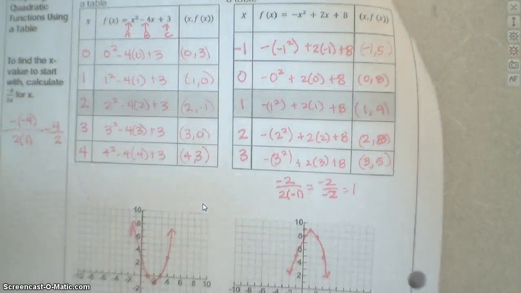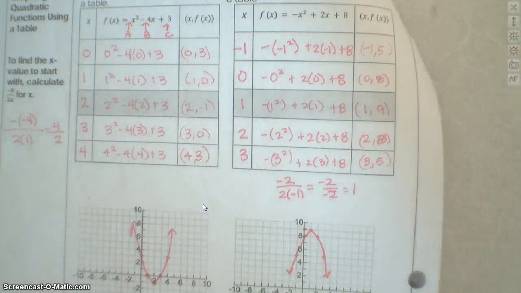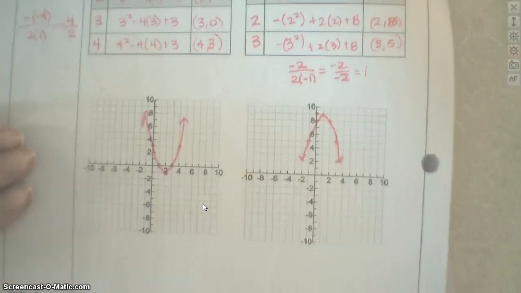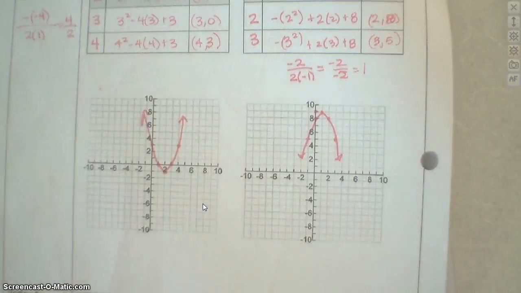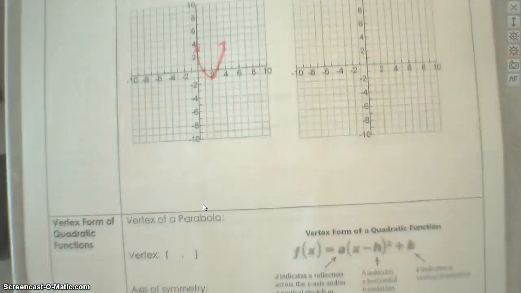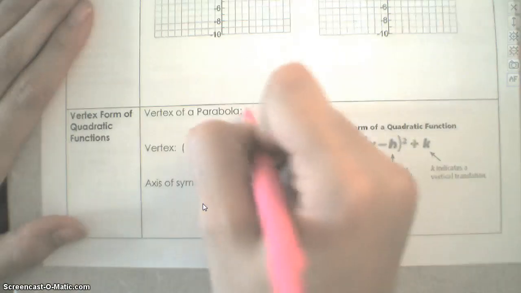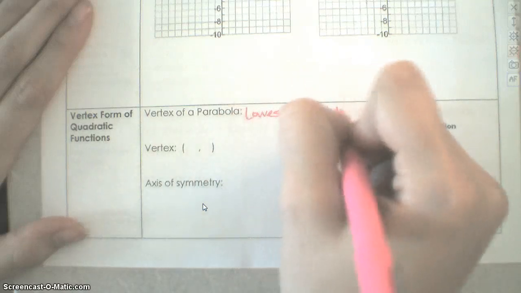All right, and here is what you should have for your table of values. Negative 1, 5, 0, 8, 1, 9, 2, 8, and 3, 5. And then here's your graph. It should look like that. All right. So at the bottom, let's go ahead and talk about the vertex of a parabola. That is the lowest or highest, depends